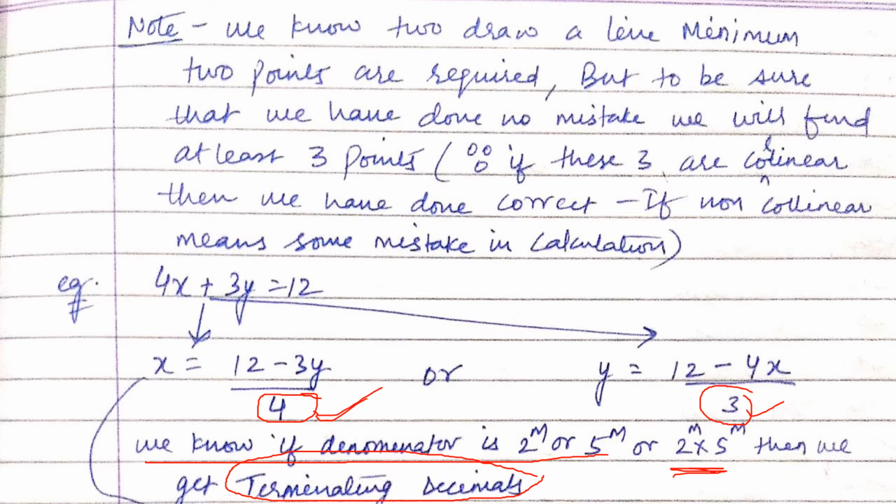But this 3, we have seen, 1 upon 3 is how much? 0.333333 and so on. So do you like these kind of values? And how will you plot such values on the graph paper? So better you go for such values only if there is an issue, you should go with these type of values. When you're getting even numbers like this 4 or you're getting 5 in the denominator, it is better to have those. So this machine is better, in which we will put input in the form of y and find output as value of x.